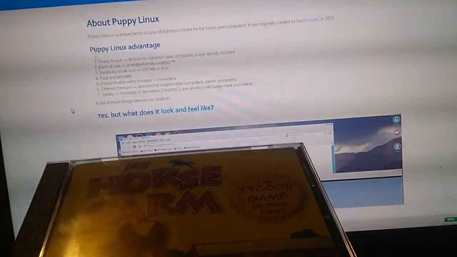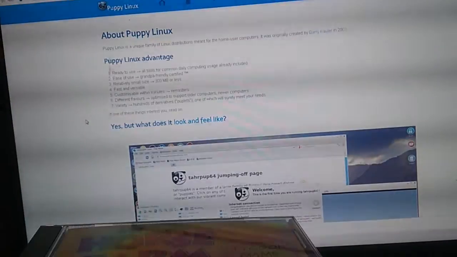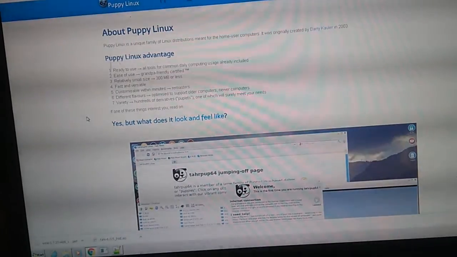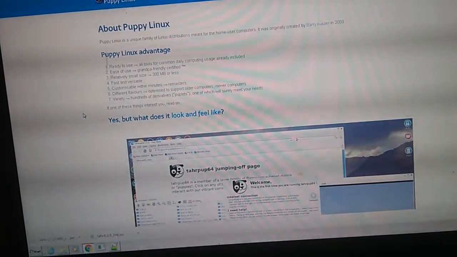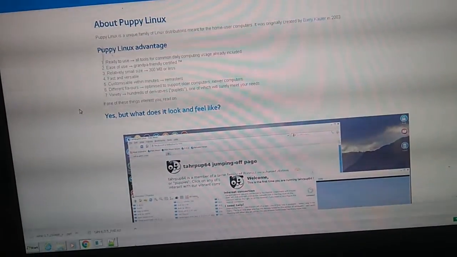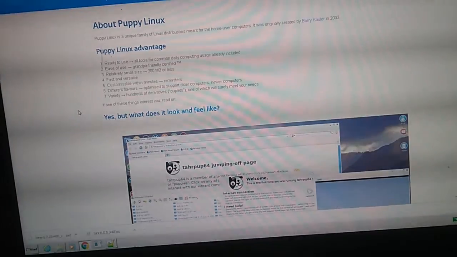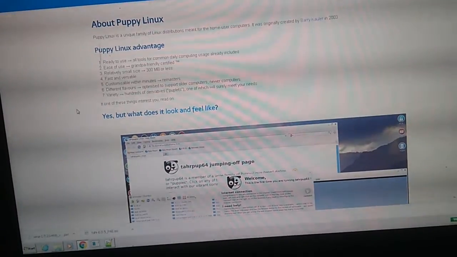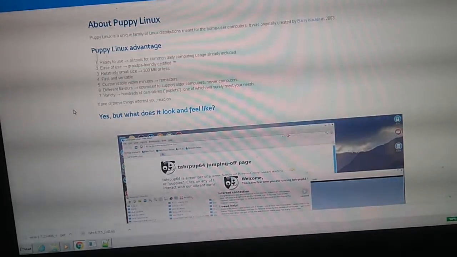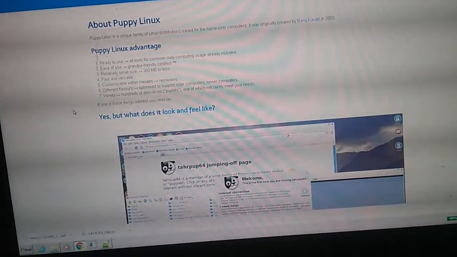What we're going to try and do in this video is play this My Horse Farm horse game. It looks like that. And so this is an older game. This version of it was published in 2004. There was another version, Mein Pferdehof, that was published a little bit earlier. But this version is for an older version of Windows and is not going to work on Windows 7 or